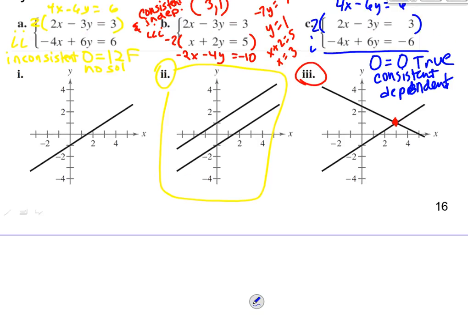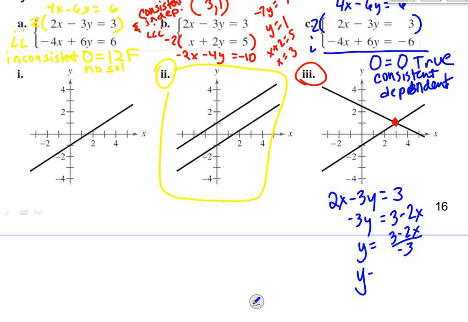I can take either of those equations. I'll take the first one, 2x minus 3y equals 3. I'm going to solve it for y, and when I do that, I'll subtract 2x, so negative 3y equals 3 minus 2x, and then divide by negative 3. So y equals 3 minus 2x divided by negative 3. I'm thinking of Ellie saying, I would have just moved it the other way, which was a good idea. So I'll multiply the top and the bottom by negative 1. I'll get 2x minus 3